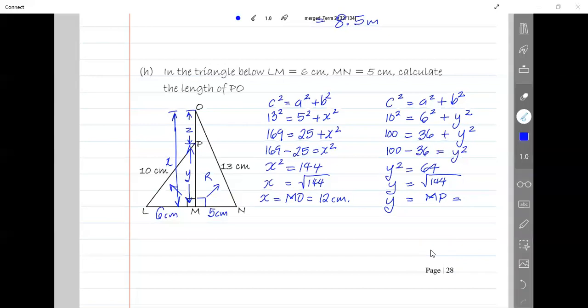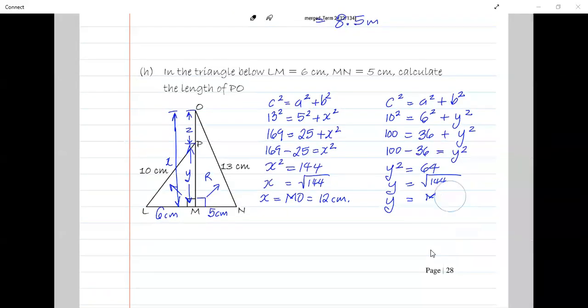all right, I made an error. I'm fixing it now. So it's the square root of 64. So Y, which is MP, is equal to 8